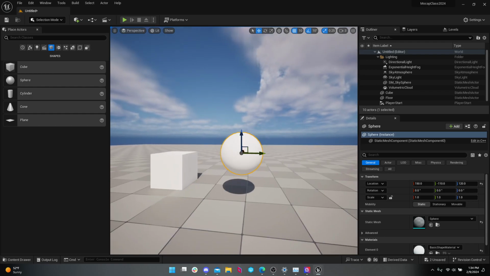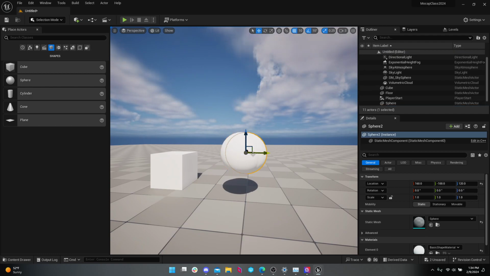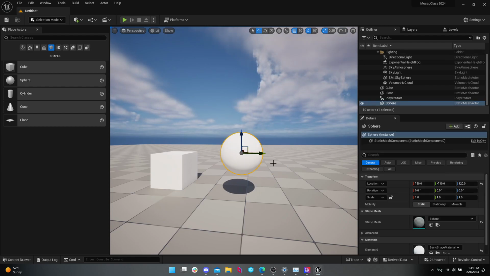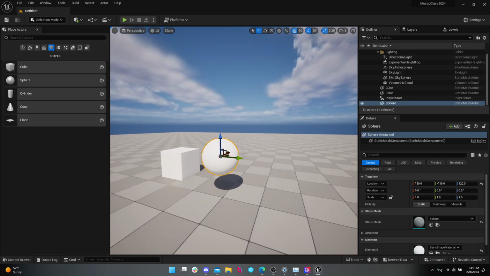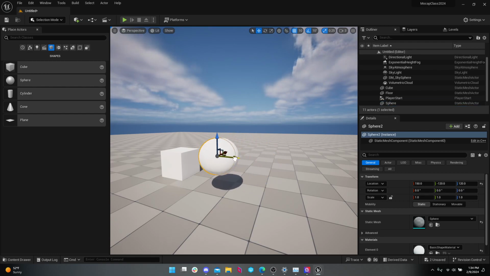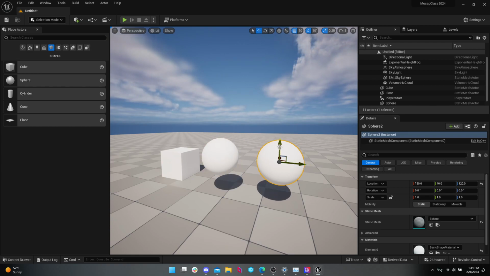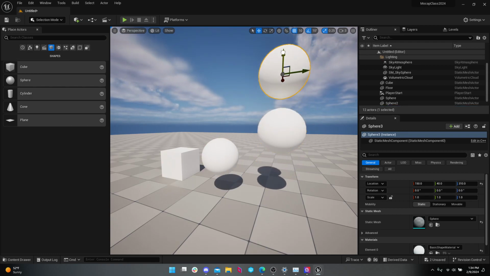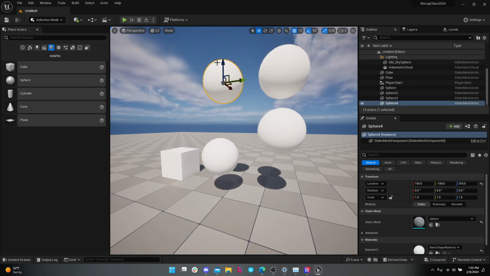If you want to easily duplicate things in Unreal, you can use Control-C, Control-V to copy and paste. You can use Control-D to duplicate. Usually the way I duplicate things is by selecting it, holding down Alt, the same way as in Photoshop, and then grab onto the transformation and drag, and you just drag a new one off. You have to let go of Alt every time you want to do a new one.